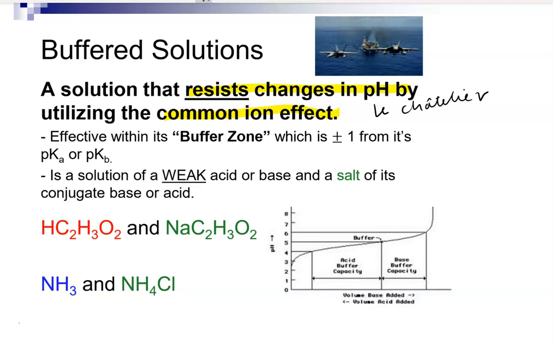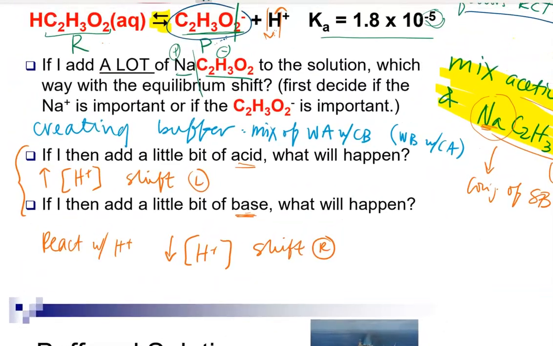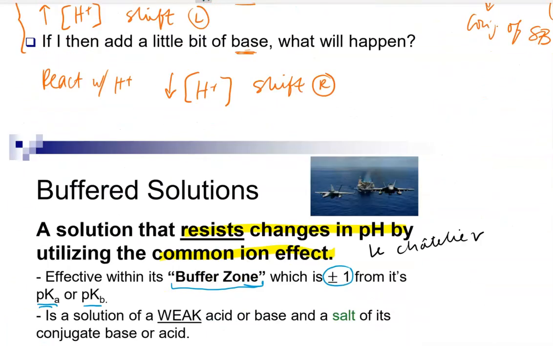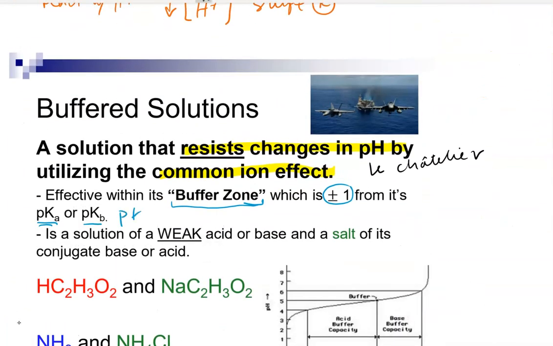We look at a buffer zone, a region on the pH scale where it is effective, and it is within 1 pH unit on either side of the pKa or the pKb. So I'm going to talk about that just a second before we move on. pKa. Okay, so Ka is 1.8 times 10 to the minus 5. All right, so the pKa for acetic acid